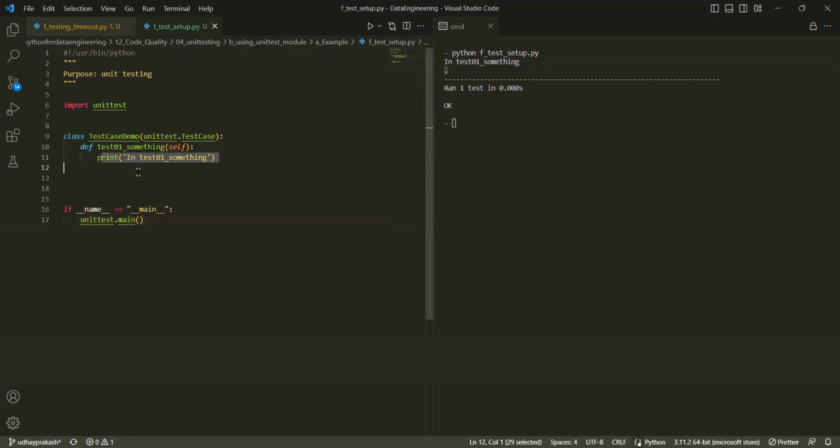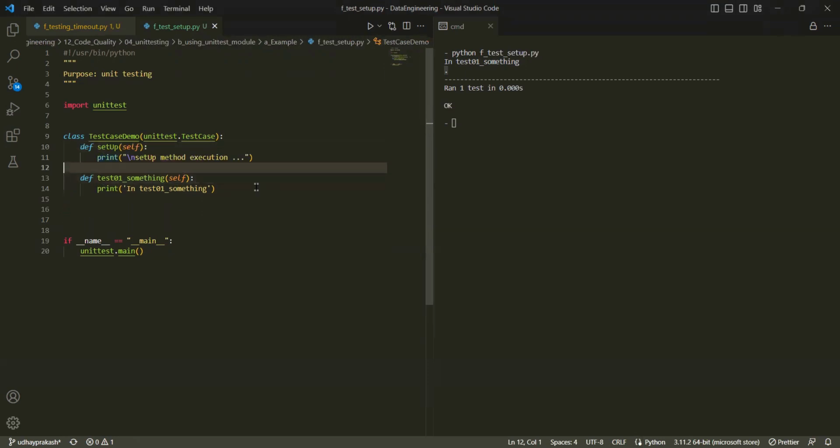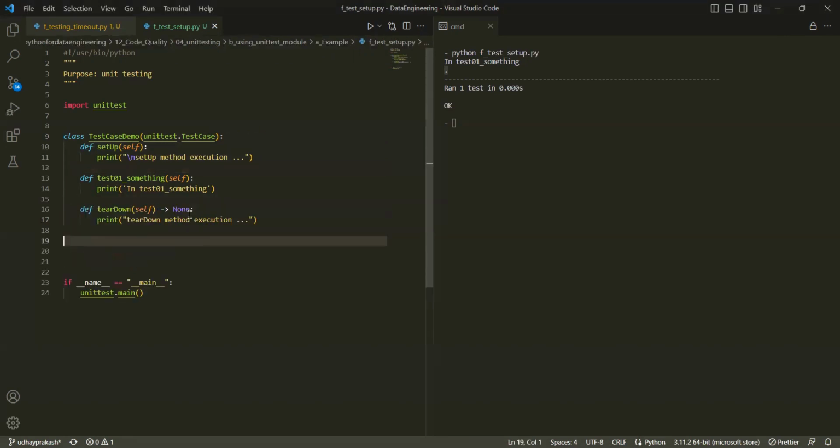I didn't even write an assert statement. See, assert is also not mandatory, but it's not good to not have it. But you need to understand that there are two methods which you need to have, before and after. There is something called a setUp, and similarly, there is one more thing called a tearDown. In a test life cycle,